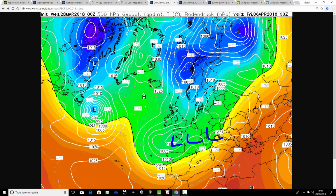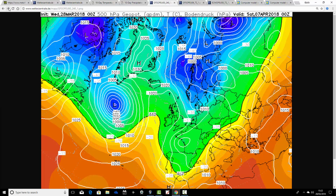It's pushed back into France, and the mild air, or the warm air associated with that, is down to the south as well, as this cold air sinks back down from the north and from the northeast too. So this is a really quite a cold opening week to April, to say the least, and that's how we look at day 10, which is Saturday the 7th of April, and obviously the cold air has won the battle,